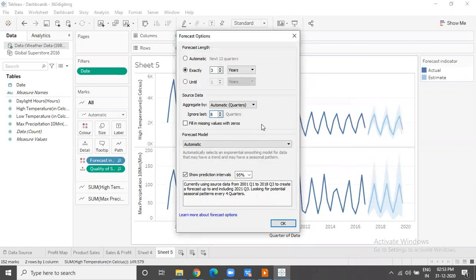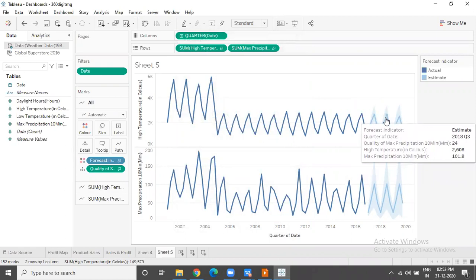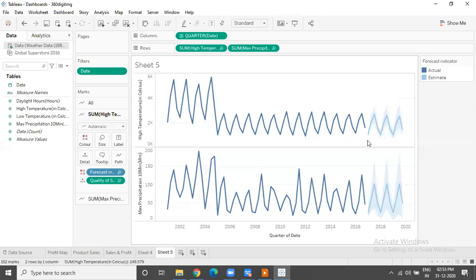Even though I have data for the past 8 quarters, I am not taking it into consideration. Though I have data up to 2018, I'm taking only up to 2016. So for 2017 and 2018, Tableau is doing the estimate even though I actually have the data in my database, because I ignored it. Now these values, which are the result of the estimate, you can compare with the actual value.